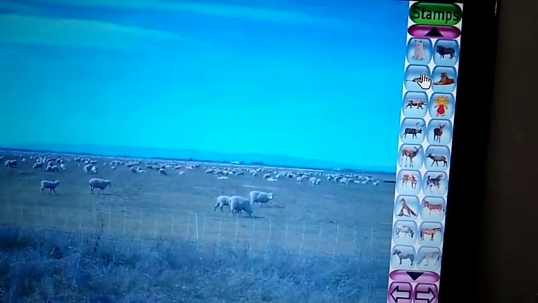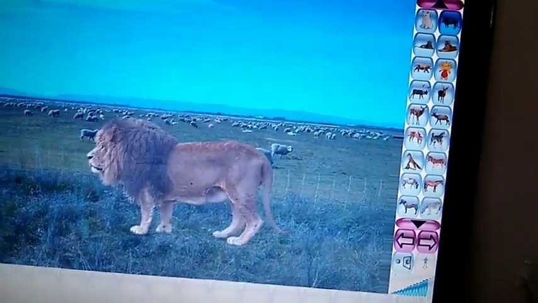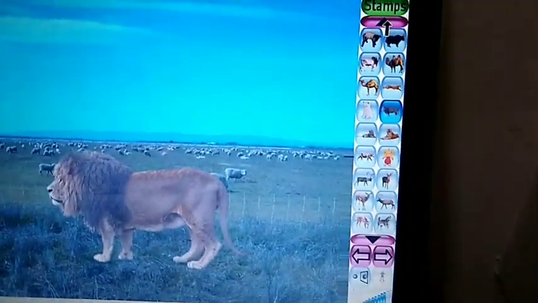Any lion like this, I have chosen this lion. Next one rat is given. You can choose rat from here also if you get.